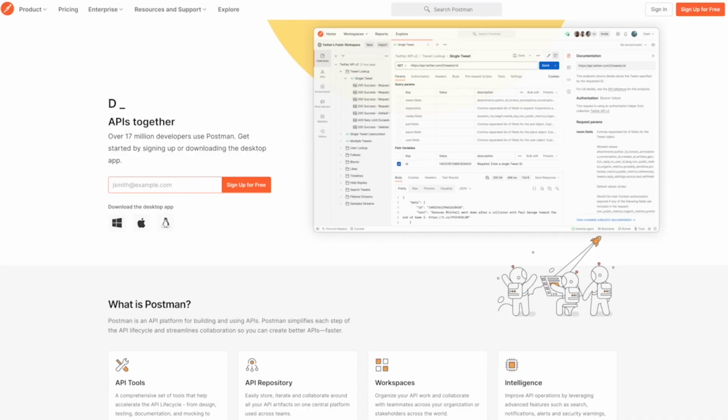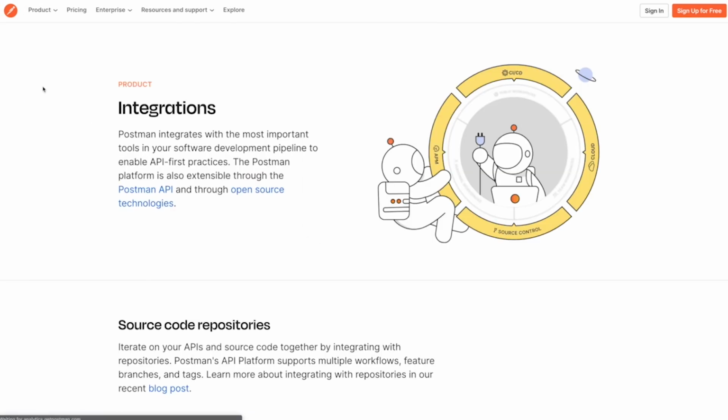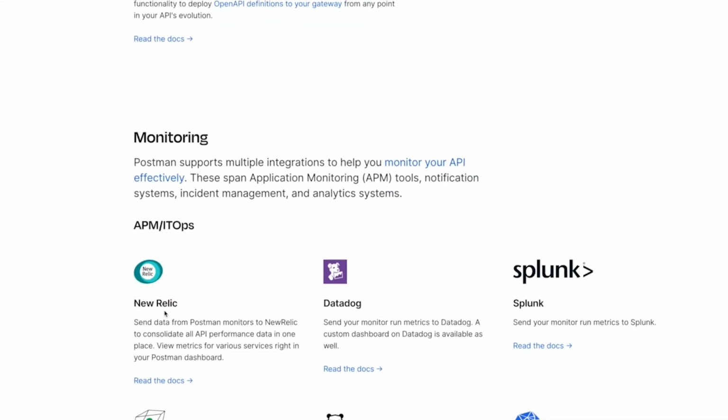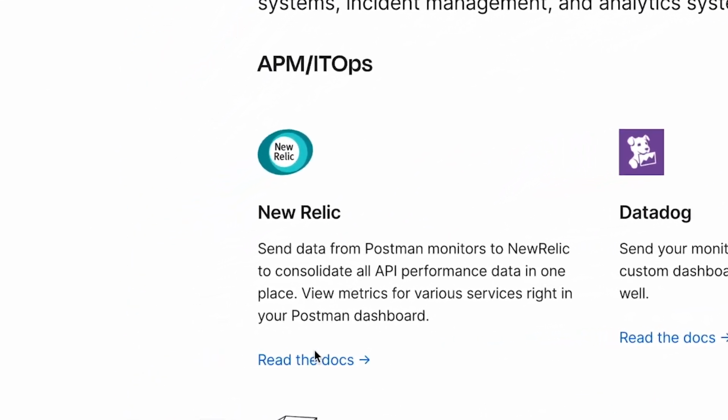More than 17 million developers rely on the Postman API platform to design, build, test, and deploy APIs. DevOps engineers and API developers may want to visualize their API data in context with broader application deployments in New Relic, or they may simply want to bring real-time API functionality and performance metrics into an all-in-one observability platform.